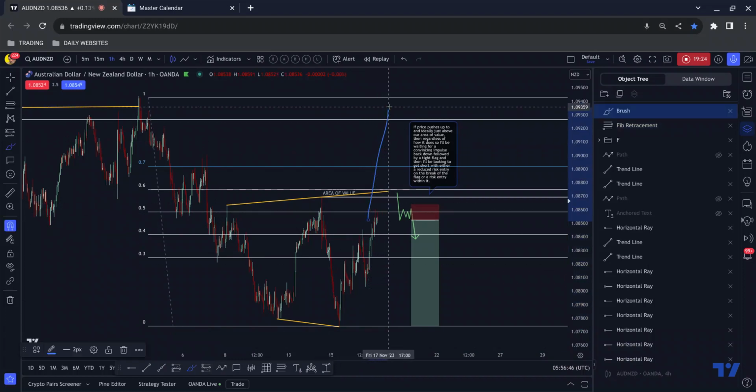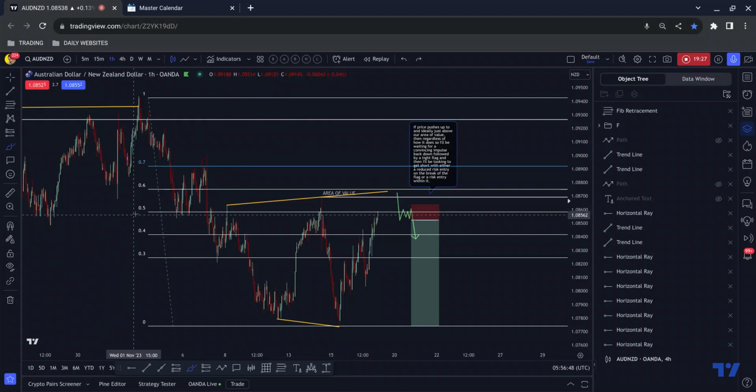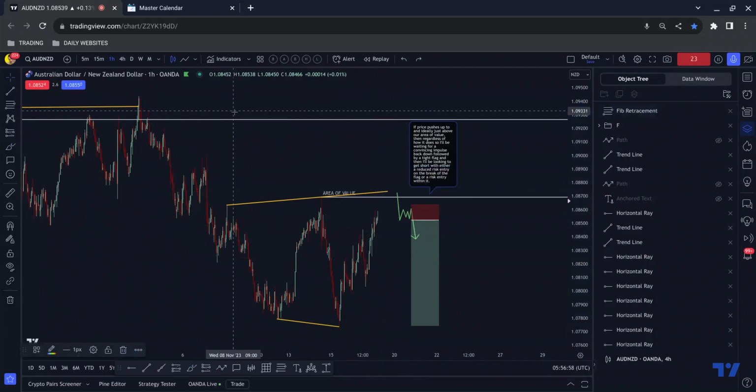But on corrective pairs such as Aussie Kiwi, I've found that we often pull back. It's not uncommon for us to pull back 60% of the length of the impulse or thereabouts before we move to the downside, because it's a more corrective pair by nature. So with that in mind,